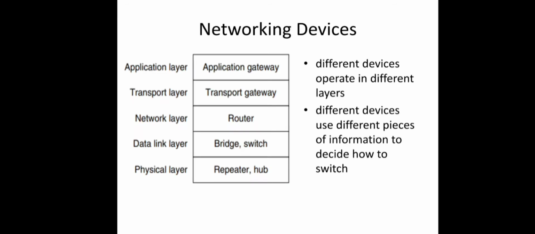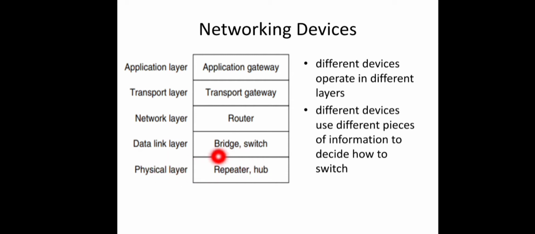Welcome back. In this session, we will discuss something about network hardware, networking devices. The devices which are used to connect different parts of a network or different networks together are called networking devices. We will be focusing on all the networking devices: repeater, hub, bridge, switch, router, and gateway. These are the different devices used for networking, and they mainly differ in the layer in which they operate.